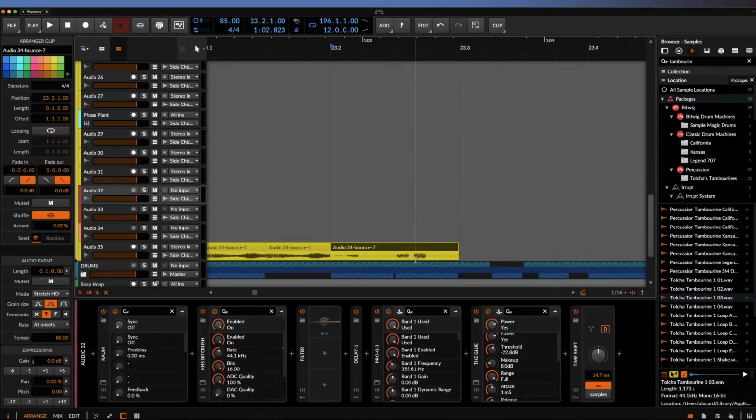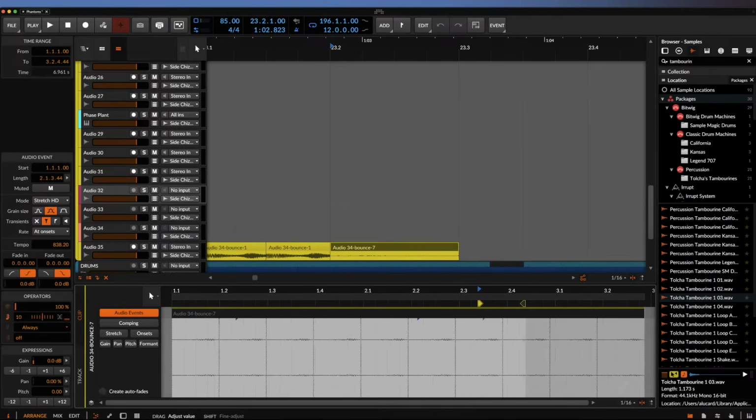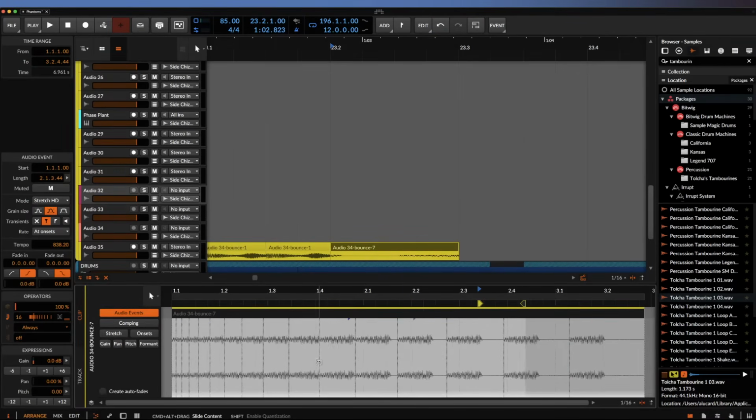Now, the other cool thing that you can do is once you have stuff that you're happy with, you can take little pieces of it like this and even stretch this out like so, and then we can double click on this and do exponential rhythms. So we can move this over this way. You have to make sure that you're highlighting the audio event that you want to apply this to, and we can move this over. And then as you can see, we have to move the waveform because there's nothing here, so we have to find that spot.